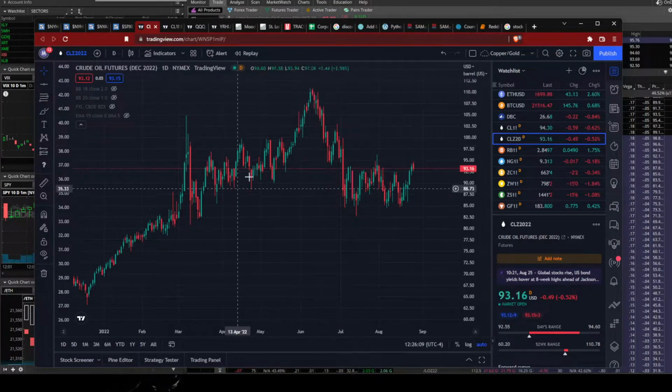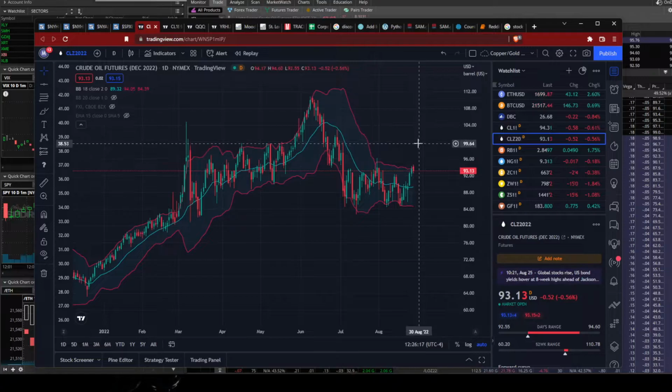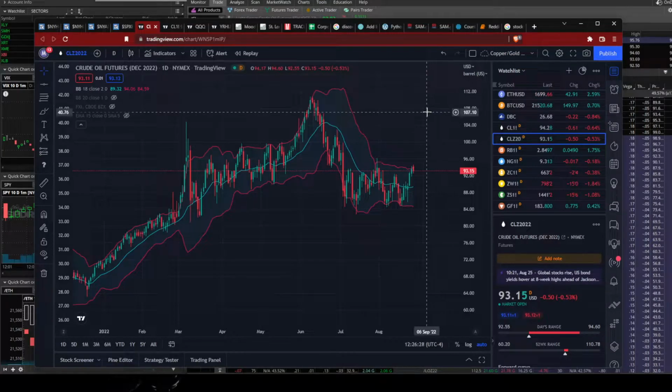The December contract never went that high. So if we're going to go long on that 90 on oil, I think a good take profit would be around 99 or 100 on the December contract. So from 90 to 99 and 100, and then I'm going to scale into puts on the December contract at around the 105 to 107 zone.